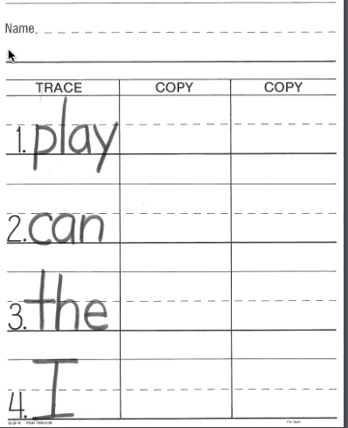Okay, for this exercise, what you're going to do is trace, copy, and copy. On your paper, it's a little tricky because you do not see these words on your paper. So what you're going to have to do is write these words under the trace column